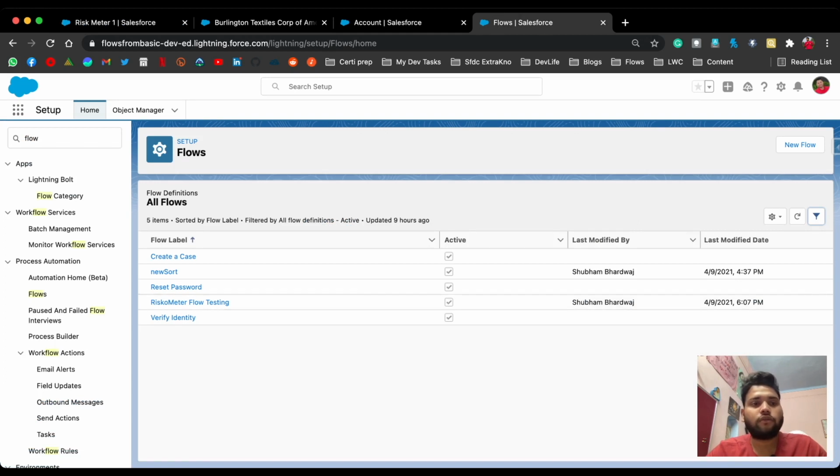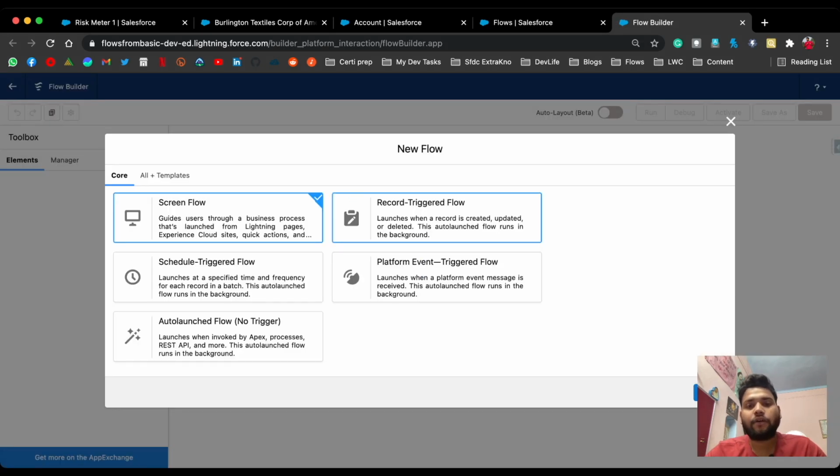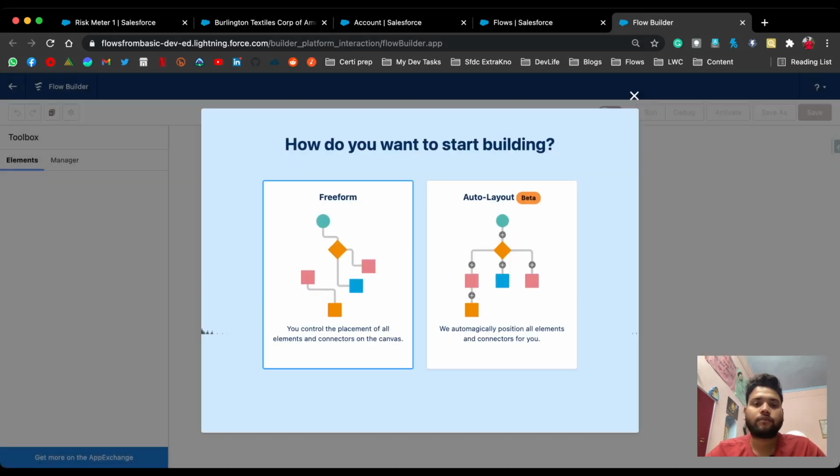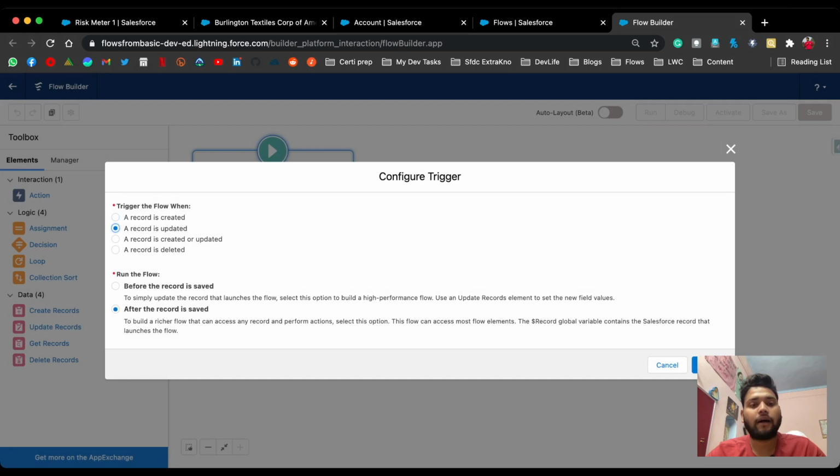First of all, type flow in Quick Find, click on New Flow, and create a record-triggered flow. Click on Freeform, and select when a record is updated and after the record is saved, because you are going to update the value of a related record.